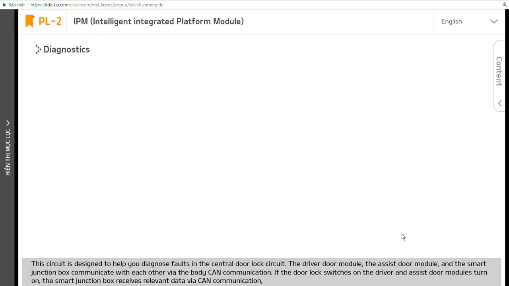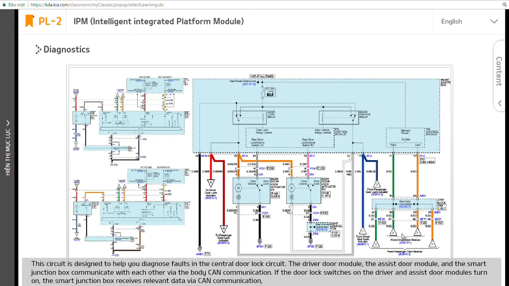This circuit is designed to help you diagnose faults in the central door lock circuit. The driver door module, the assist door module, and the smart junction box communicate with each other via the body CAN communication. If the door lock switch on the driver and assist door modules turn on, the smart junction box receives relevant data via CAN